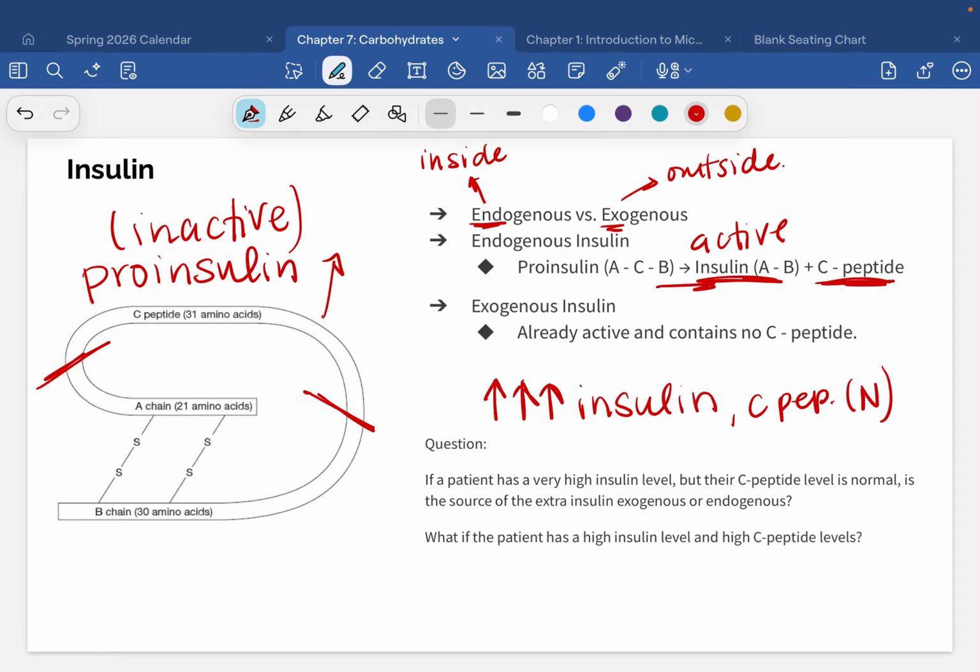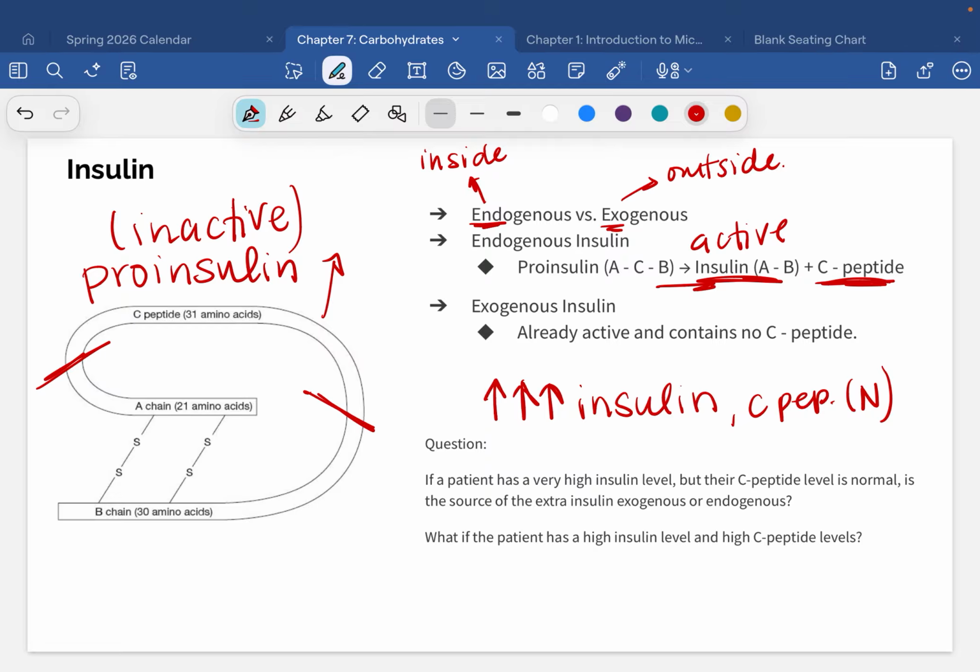So if a patient has a high insulin level and a high C peptide, is it endogenous or exogenous? Endogenous. Yep. Because their body is producing too much insulin with too much C peptide. So you know that that is something that is happening inside the body. If that is happening, they probably have an insulin-producing tumor, which again, we'll talk about in just a minute. But the C peptide is a really key component in testing, which is what all of this is about.